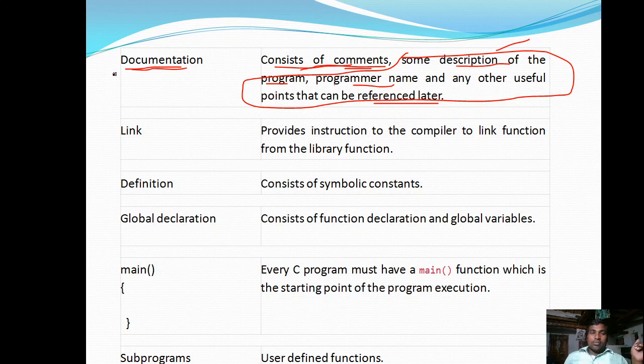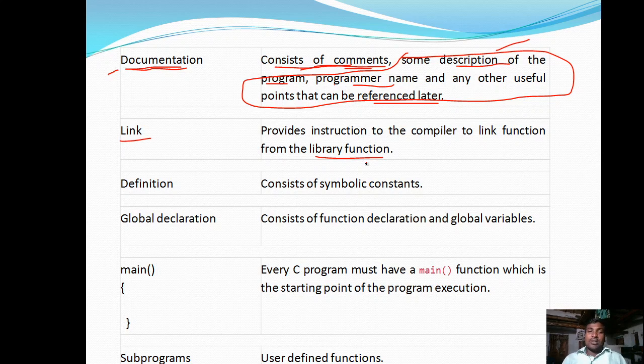Now coming to the link section. The link section provides instruction to the compiler to link functions from the library. A C program may contain any number of functions. Some of these are user defined functions and some are predefined functions.